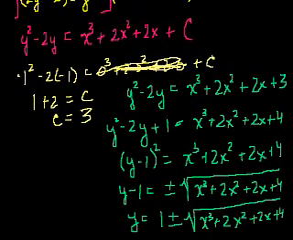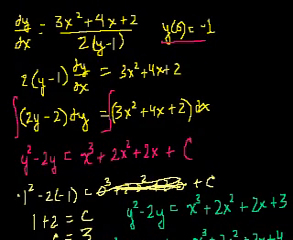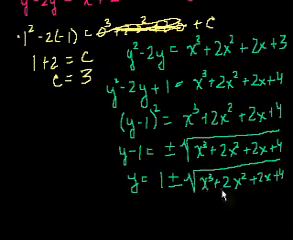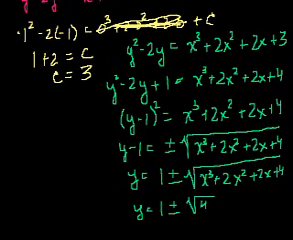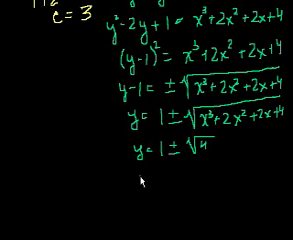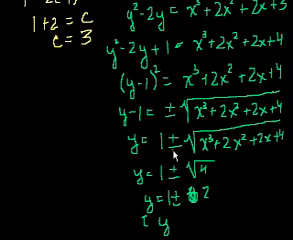Well, our initial condition told us that y of 0 is equal to negative 1. So if we put 0 here for x, we get y is equal to 1 plus or minus the square root of 0 plus 4. So 1 plus or minus 2. So if y is going to be equal to negative 1, then this has to be 1 minus 2. So the explicit form that satisfies our initial condition, and we're getting a little geeky here,